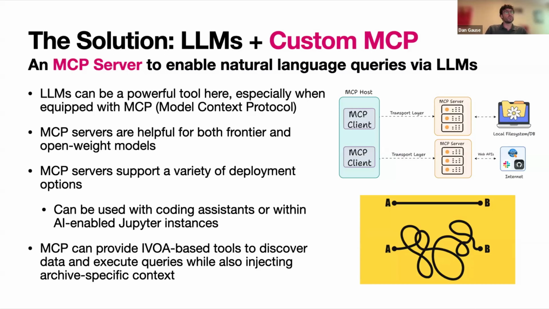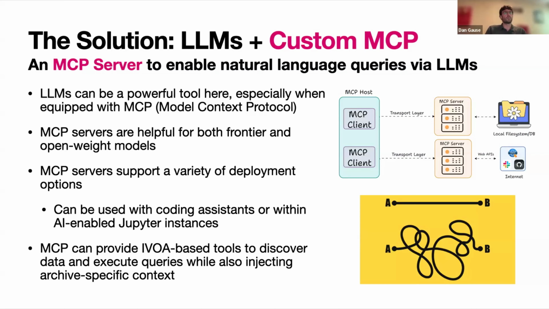So I'm not going to go over in too much detail what an MCP server does. My guess is that many of the people on the call already know, but in general, MCPs are usually small, pretty lightweight packages that you can use to augment LLMs. You can equip an MCP with a set of tools, where a tool is really just either some contextual information that an LLM can gather by calling a tool, or some snippet of code, which can just be Python code, that the LLM can then run.